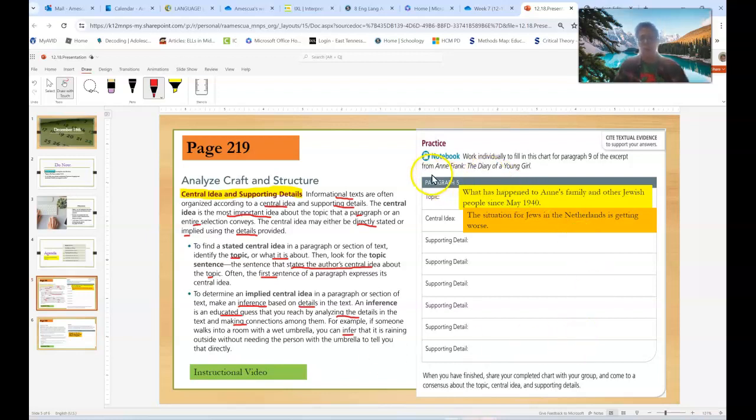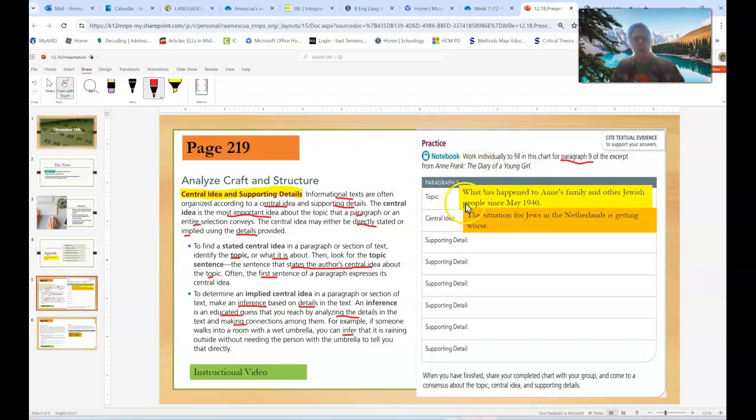Okay, so this is what you are going to do. Work individually to fill in this chart for paragraph 9 in your text. Paragraph 9. So take a minute, go to your text, and circle paragraph 9. If you want to pause the video, you can. So work individually to fill in this chart for paragraph 9 only of the excerpt from Anne Frank, The Diary